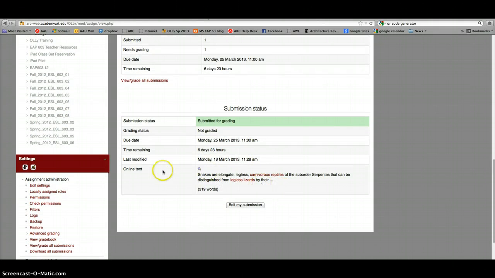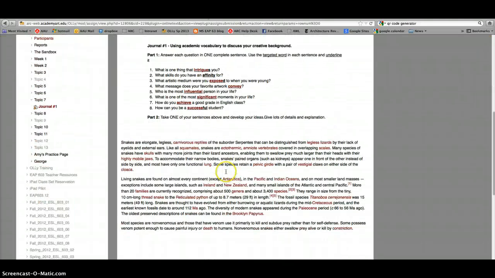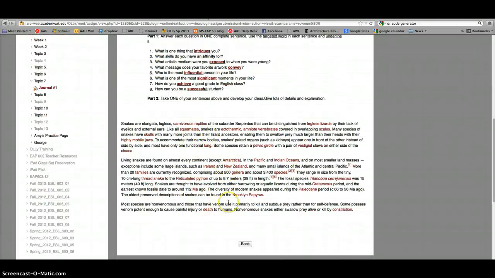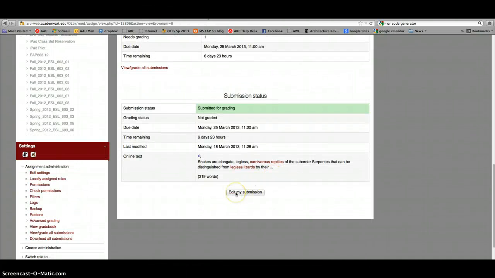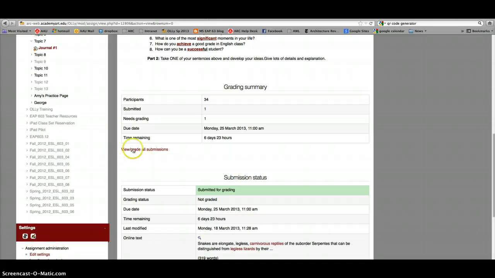Now, as you can see, my online text is here. And I do have a magnifier, so if I do click it, then I can see my submission. Okay, then I click back. If I need to make any changes to it, I can click Edit My Submission. As a teacher, you get to see View Grade All Submissions up here. When you click that,